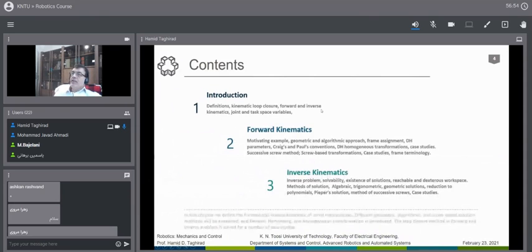What we'll discuss here is only 3 sections, but the sections are more elaborate. I will give a very short introduction: what is kinematics? And then we go through the forward kinematics solution, which is a simple problem. We discuss 2 or 3 ways to do that, and we would like to put more emphasis on screw, and screw, and screw again. And then we go to the inverse kinematics, which is more elaborate and more technical